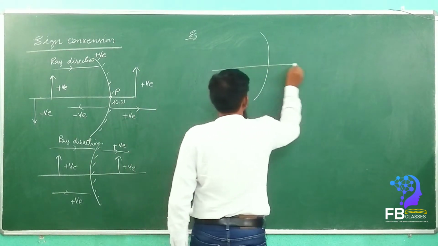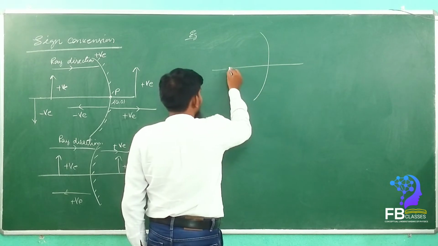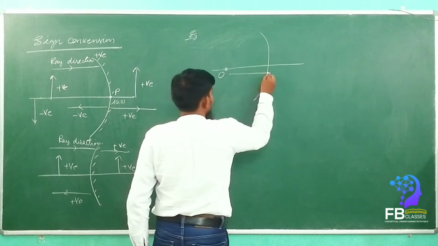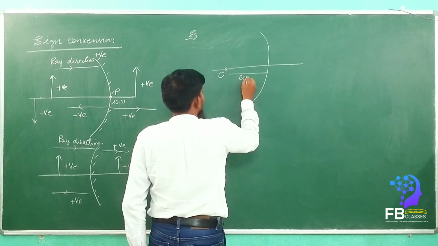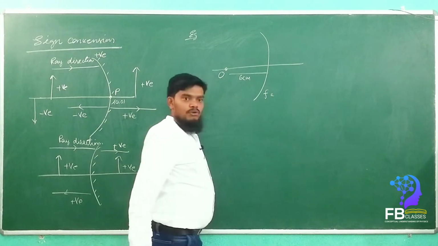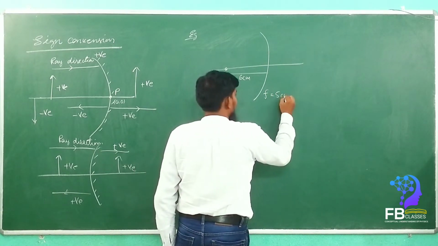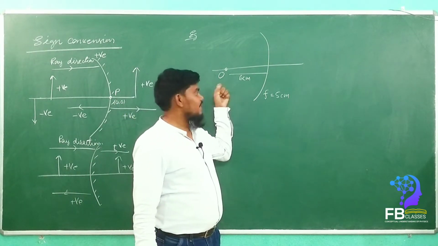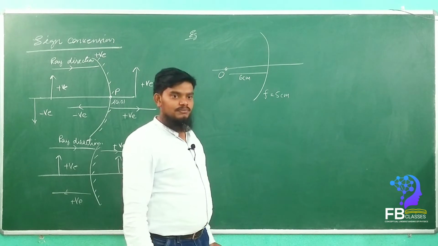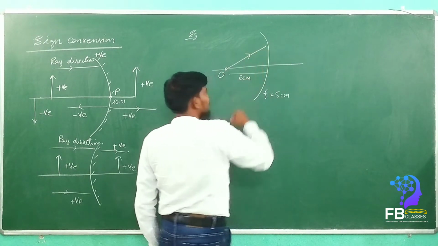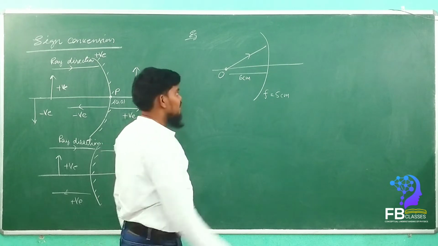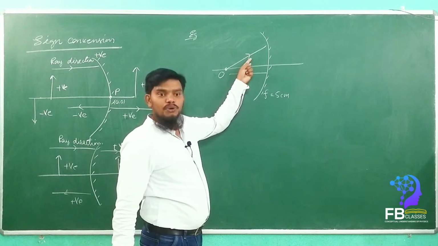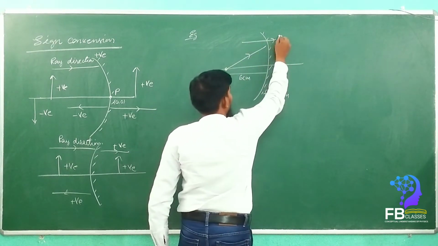Got it? Now for example, so you can better understand the sign conventions, let's see. This is the distance, here the object is placed, the object distance is, let's consider, 6 centimeters, and the focus is 5 centimeters. The focus of this mirror is 5 centimeters. The object is placed at 6 centimeters. Now which is the direction of the ray? This is the direction of the useful ray. Obviously the ray will come from the object. This is a positive direction. Yes or no?